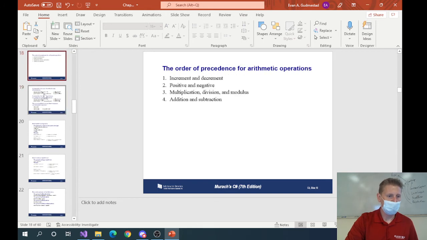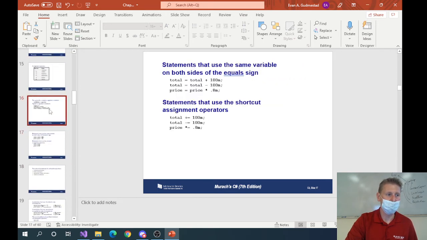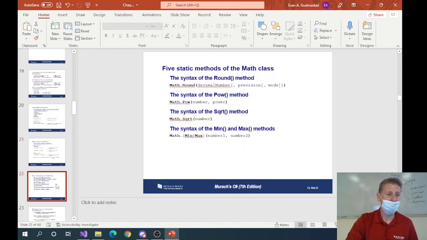As we're getting into math, so as we see order of operations and how these operators work, it then does make sense to look at what are some of the built-in utilities that we can use in C# that can help us do some math. And so there is a class called Math.